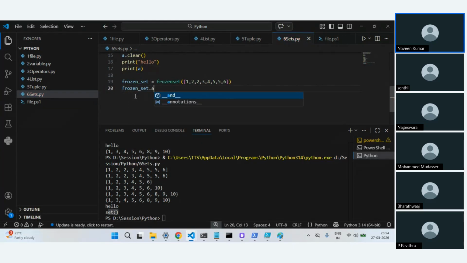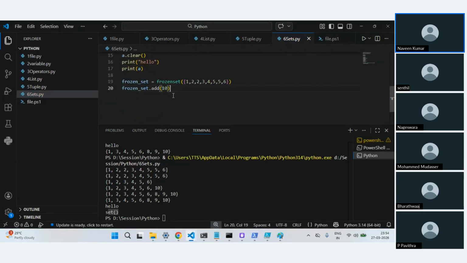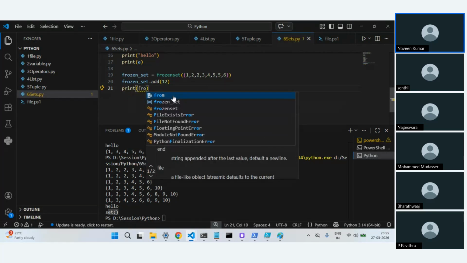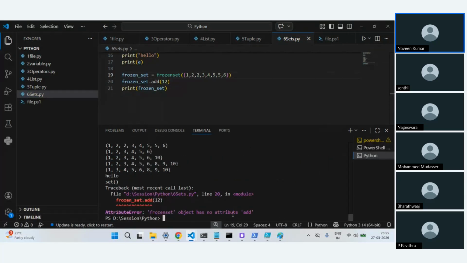If I try to do something like this, where I want to add 12 and print this frozen set, let's see if it is allowing. You see, it has no attribute add. So if you don't want to modify the data, that's when you use this frozen set. This is another concept with set.